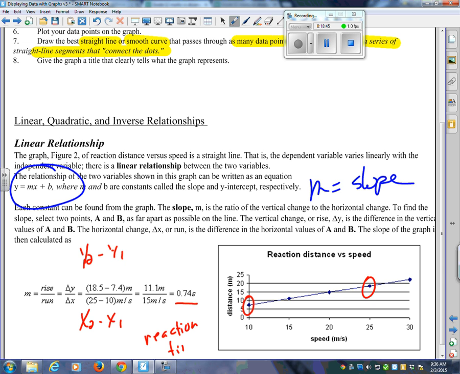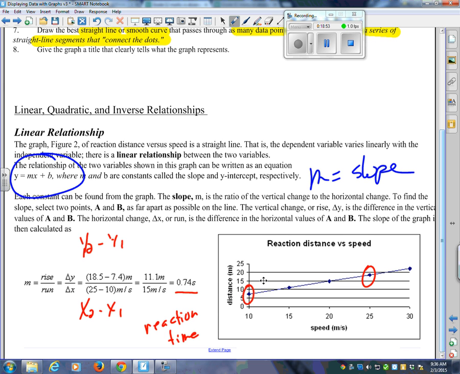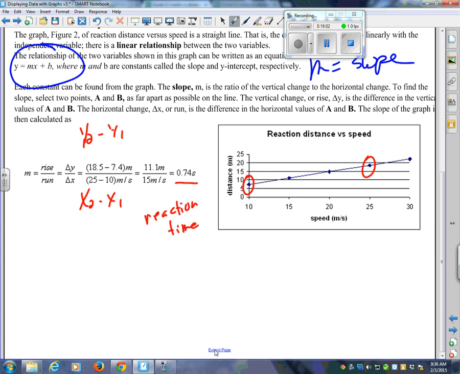This person had a reaction time of 0.74 seconds. Where did I get the seconds unit from? What is the unit for distance? The unit for the y here is meters, and the unit for x is